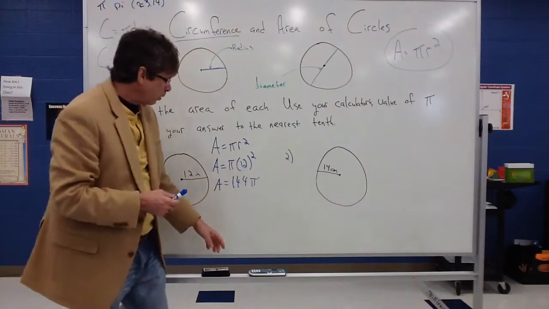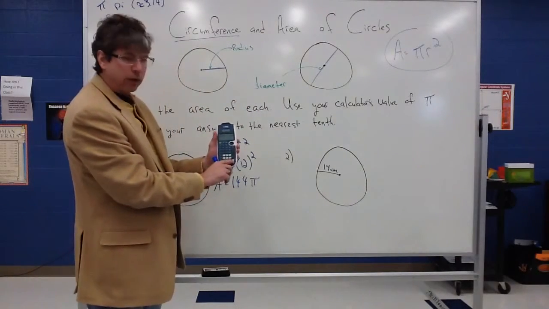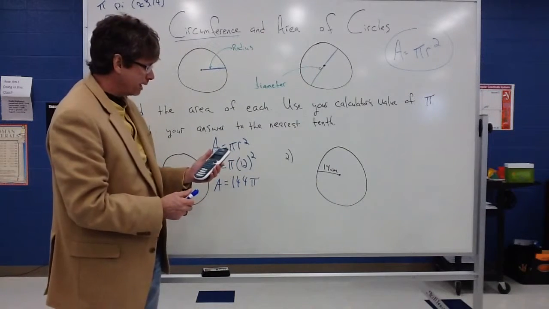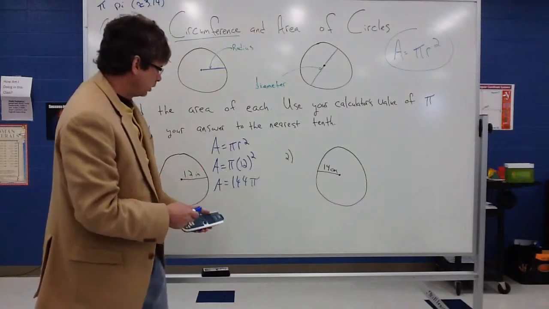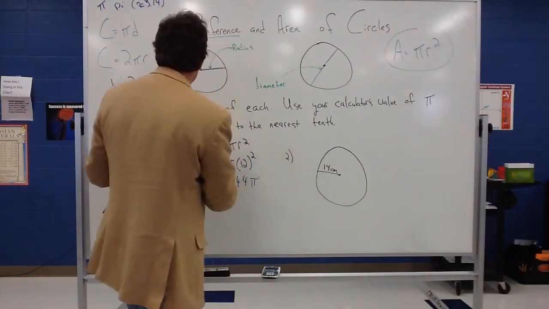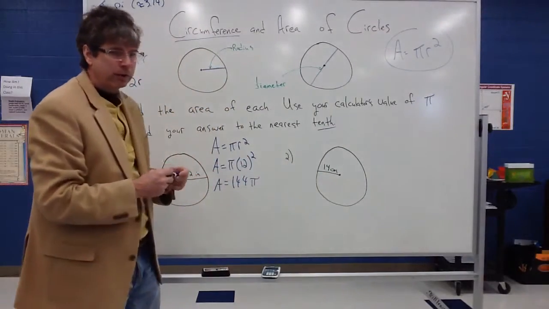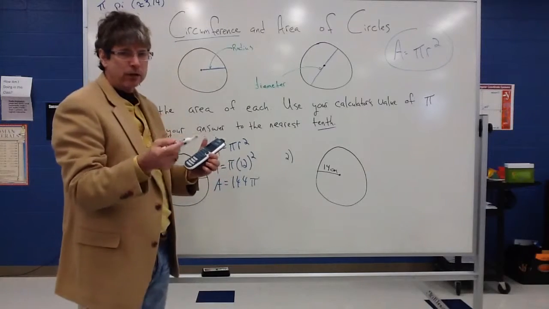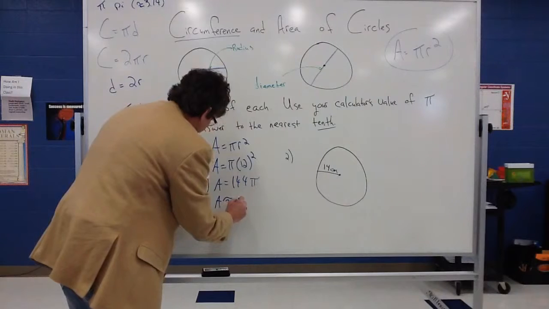Now, if I want that answer converted over to a decimal, I still have to hit this little toggle button. And it gives me 452.3893421. It gives me this big old decimal. But the directions say round your answer to the nearest tenth. Well, we know the tenths place is that first place after the decimal. So I have to write this out 2 places past the decimal. So the area is going to equal approximately